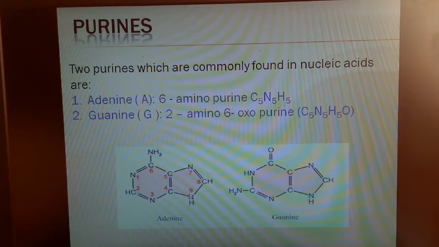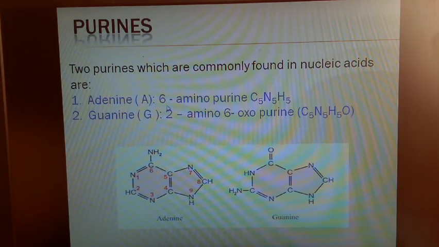We are not considering that one because it is present in the ring itself. So this ring form, whatever is there, that is what purine is. Okay, so the basic structure, the ring form, is the purine form. The extra group attached to the purine is an NH2 group. So that's why it is 6-aminopurine.